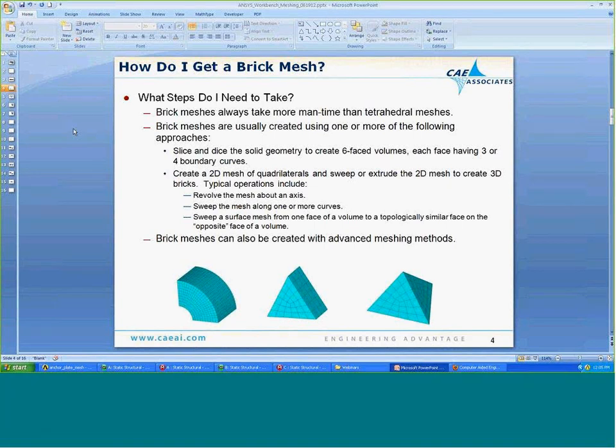We take an arbitrary part and we slice and dice. So basically what we're doing is subdividing our geometry so that we create six-faced volumes that we can then use a sweep method to create brick meshes within. So for swept volumes, we create a 2D mesh of quadrilaterals and sweep them from one side of the volume